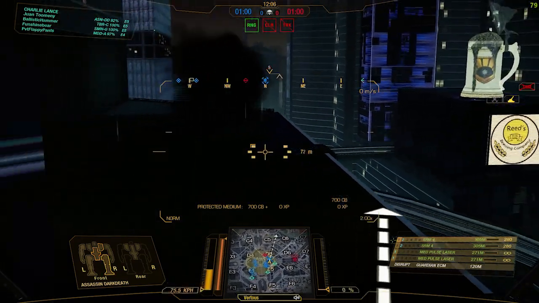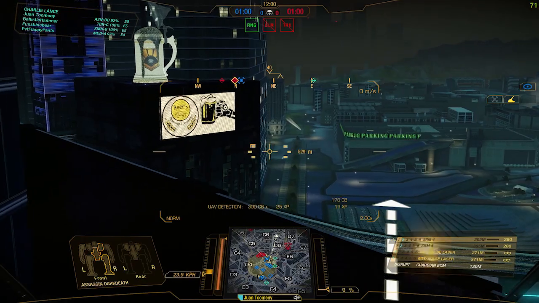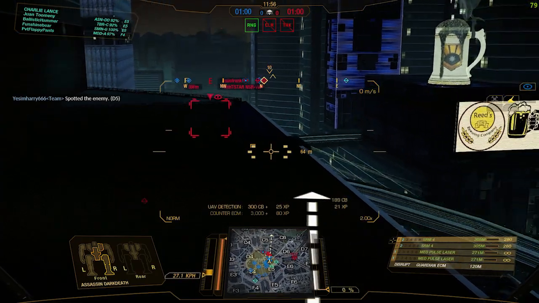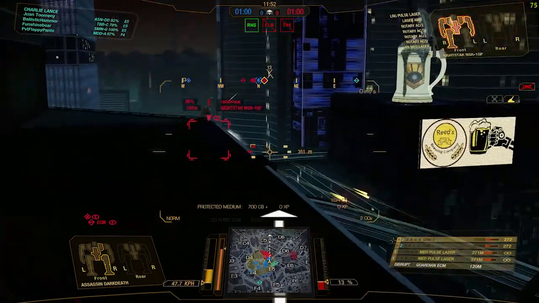So my build looks something like this. I have 2 SRM4s, 2 medium pulse lasers. I lost 1 of the jump jets. I still have 6 jump jets, the ECM for protection still, and the top speed is the same at 113.4